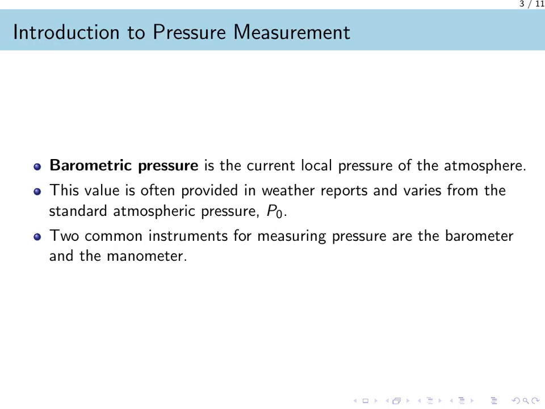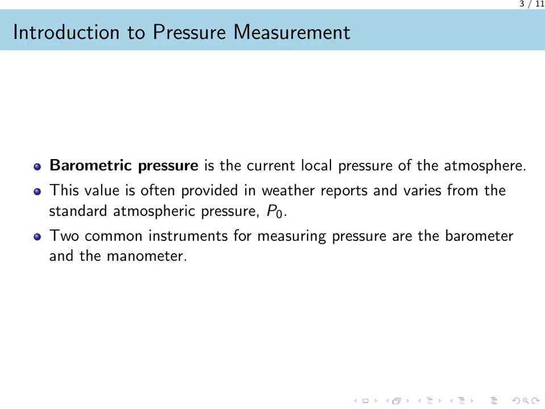Now that we understand what pressure is, let us explore the practical question of how we actually measure it. A key concept here is barometric pressure, which is simply the current, local pressure of the atmosphere. You have likely heard this term in a weather report. This local pressure is not constant. It fluctuates with weather conditions and altitude, so it often differs from the standard atmospheric pressure we have defined as